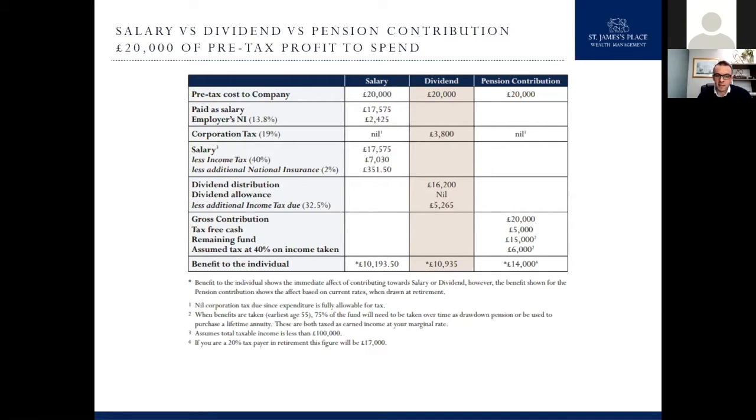And as a higher rate taxpayer, £20,000 would net out at just under £11,000. So it is better than obviously the salary outcome here, the main difference being the national insurance saving. Now, the third option, which used to be called mystery option,